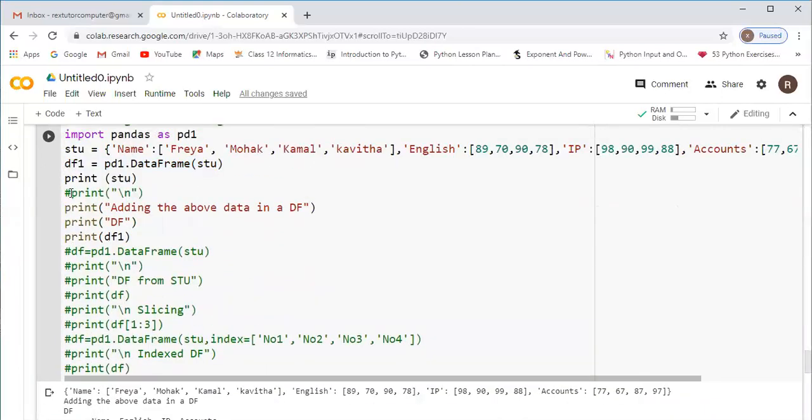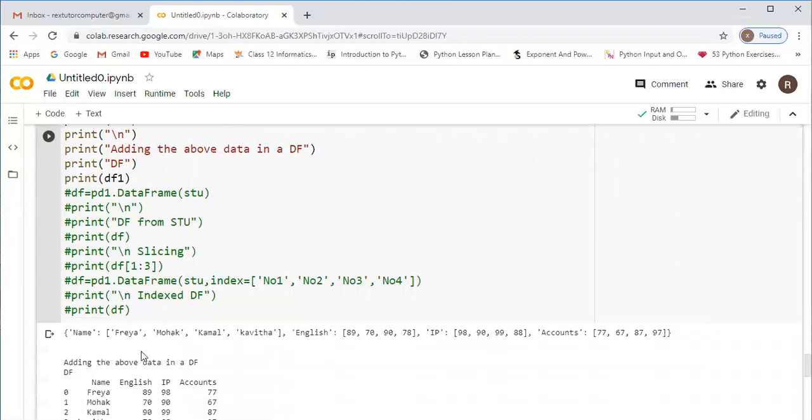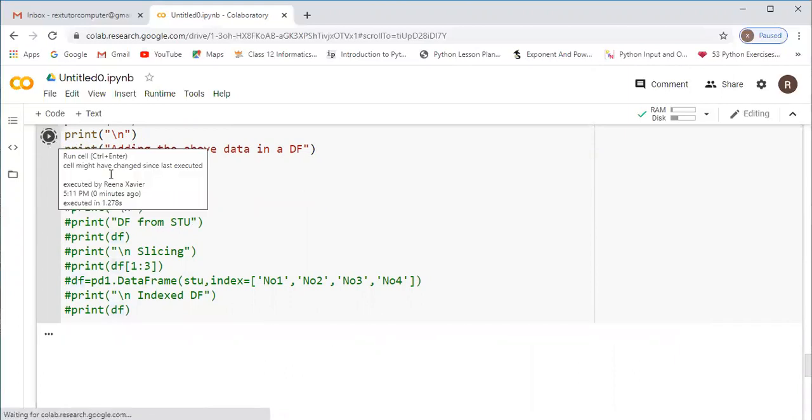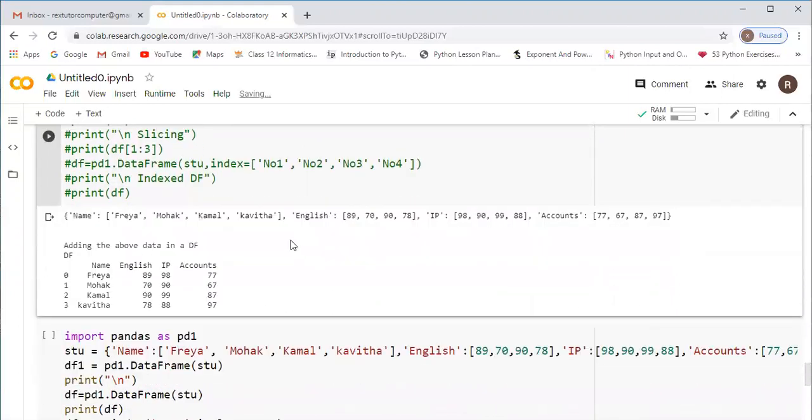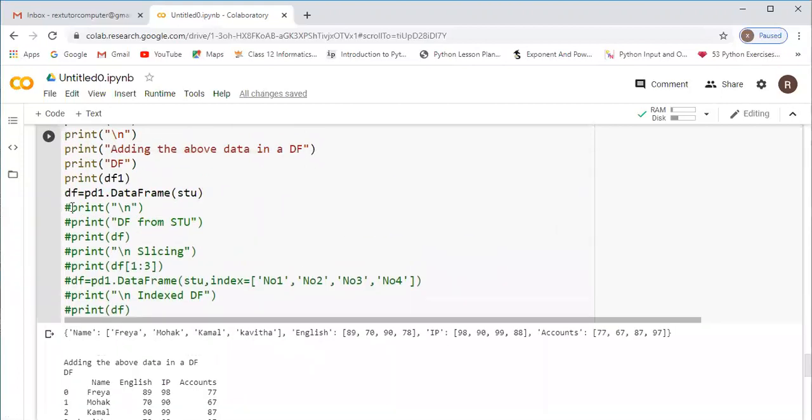Now print slash n, here you will get an empty blank line, then you will get your execution. Now see, you can see the blank line here, then it is printing adding the above data in the data frame. Okay, now see here, I'm giving again pd1 dot DataFrame of stu. Now all these comment lines I am removing, so you can understand the difference.